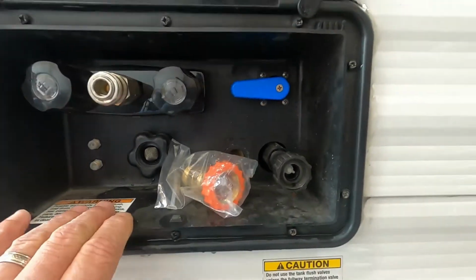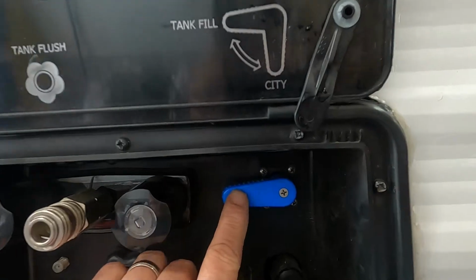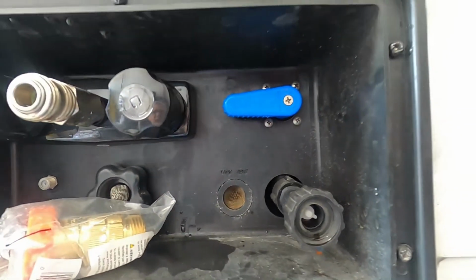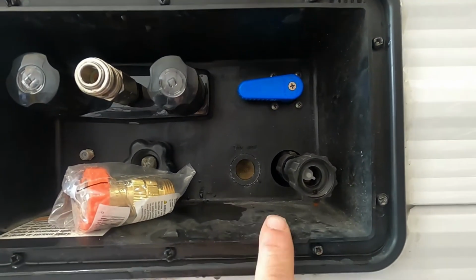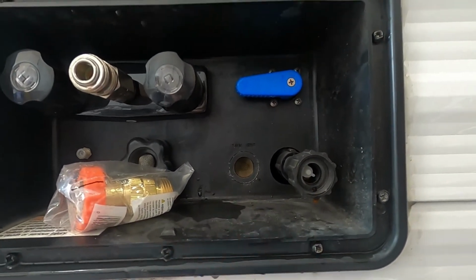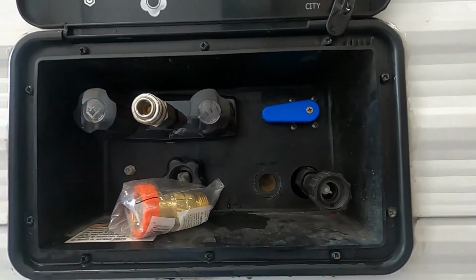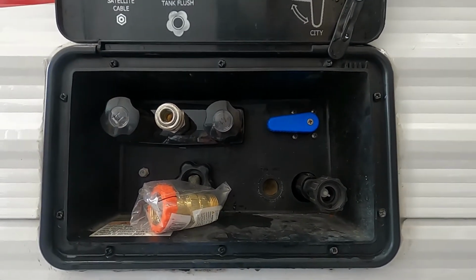It's not necessary. One way to tell when this tank is full is an overflow valve right here, or inside where you check the levels of your tanks. Just press your freshwater tank and that'll tell when that's full. All right, we got our water and electricity hooked up. We're ready to camp. I'm gonna walk you around the outside of the unit, show you a few other things,